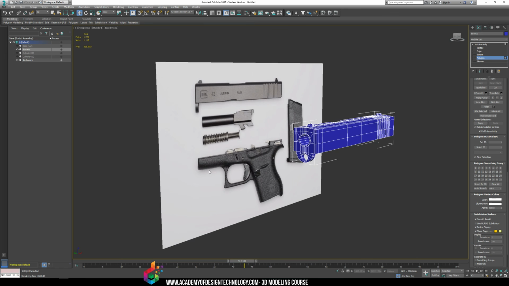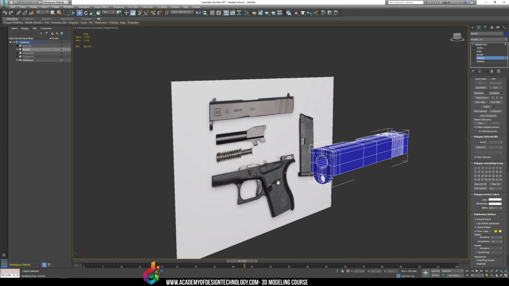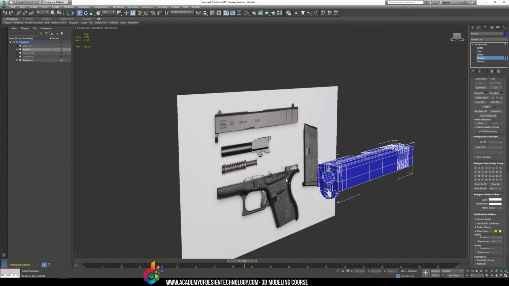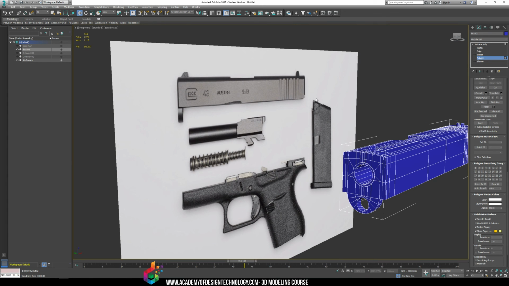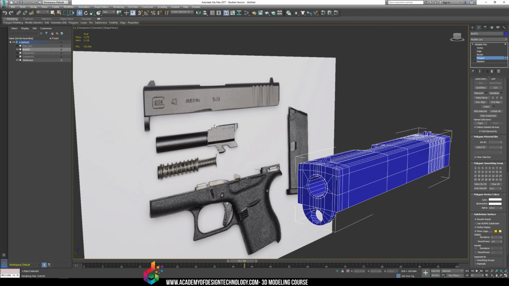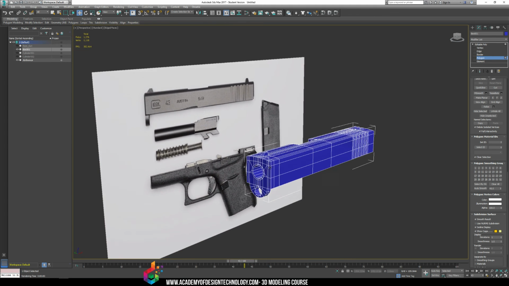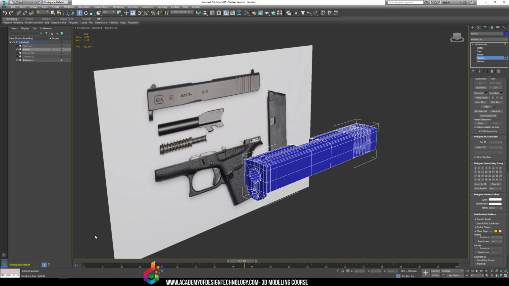So remember, we want the bottom part of the gun, no metal bits here, but we do want the trigger and the safety and the little handle on the side here, which I believe is the clip release. You want the actual clip, and you want the top part of the gun. A bullet's extra. You don't have to worry about these two little mechanical parts. We probably won't see them too much. We can replace this black bit, which I think hides the clip entrance, with just a block or something like that. It's not an issue. So take your time, make sure this looks good, and if you have any questions, email